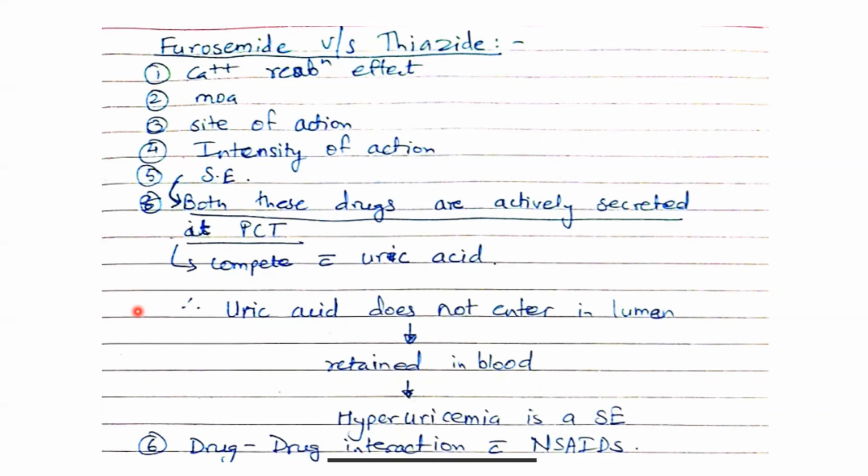When I talk about site of action, furosemide acts on the ascending limb of loop of Henle, where sodium reabsorption occurs in 2 digits, that is 25% or so, right? So if I inhibit sodium reabsorption there, a lot of sodium is going to get trapped in the lumen and not much of it will be reabsorbed in the latter part of the nephron and it will be excreted out. But when I talk about thiazide,